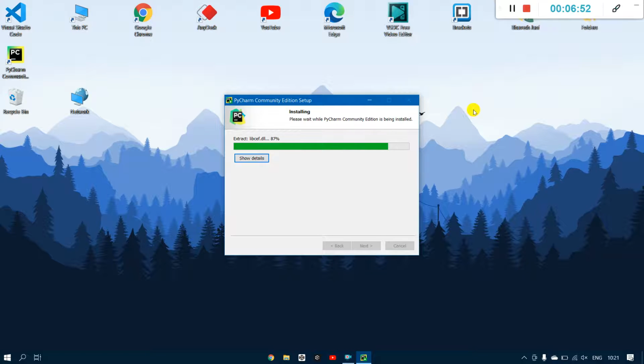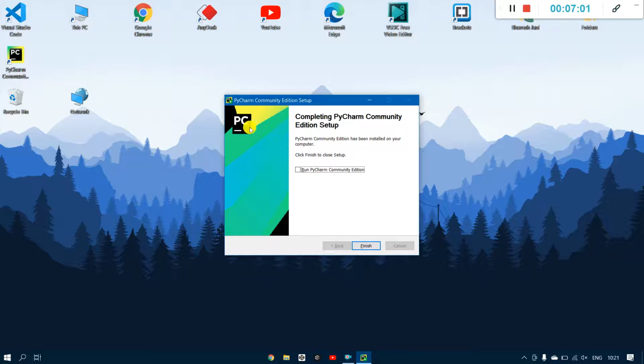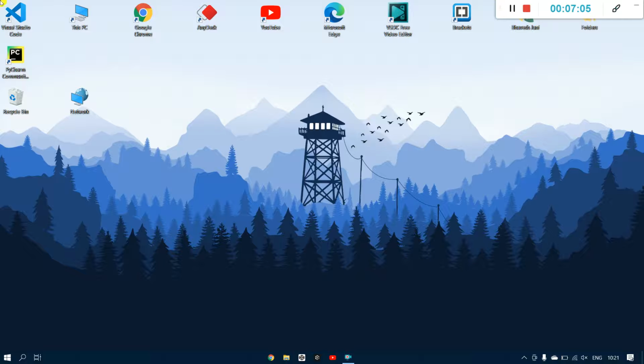as I have told previously, it is not fast like Visual Studio Code, but it is very good to write Python programs inside this, in PyCharm. So here it is, completing PyCharm Community Edition setup. I'll simply finish it, and I'll make it look good. Here it is. So when we double click it,